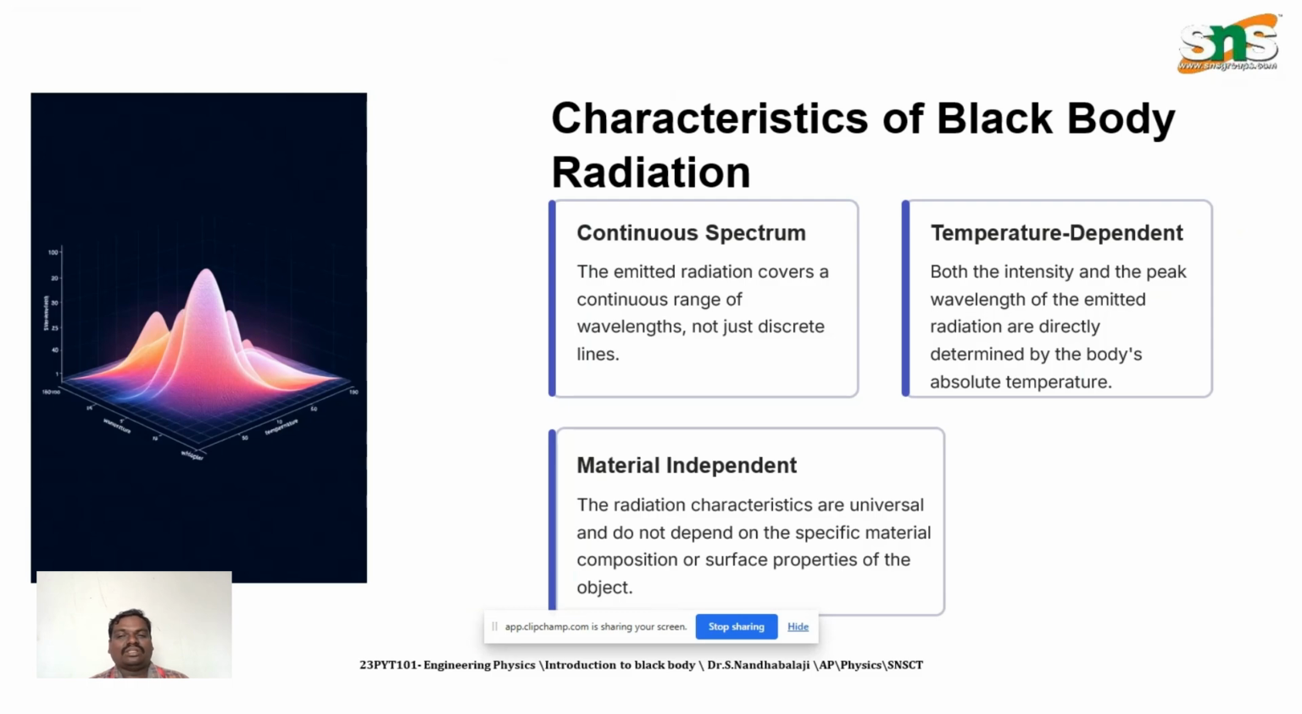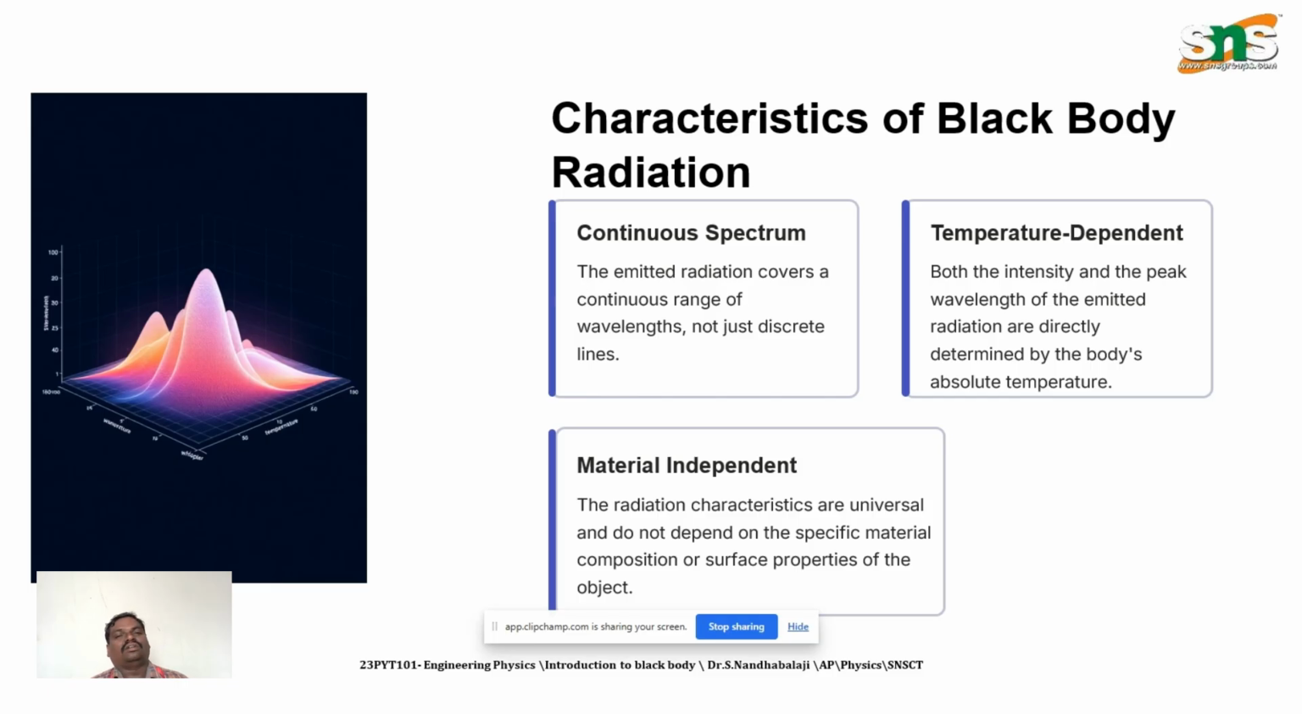Temperature dependent: both the intensity and the peak wavelength of the emitted radiation are directly determined by the body's absolute temperature. And material independent: the radiation characteristics are universal and do not depend on the specific material composition or surface